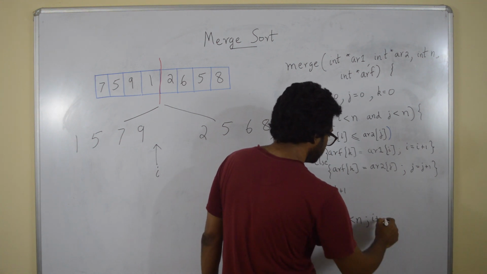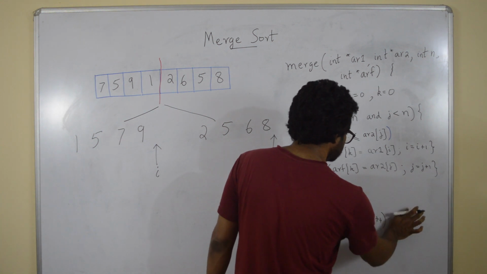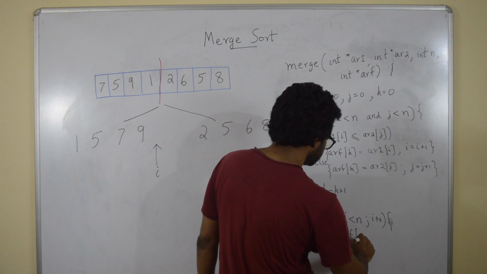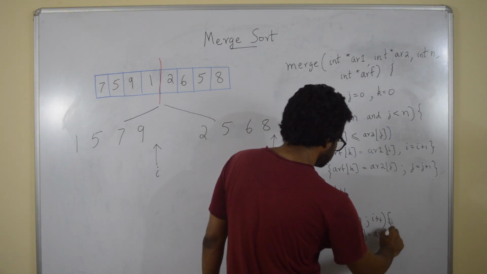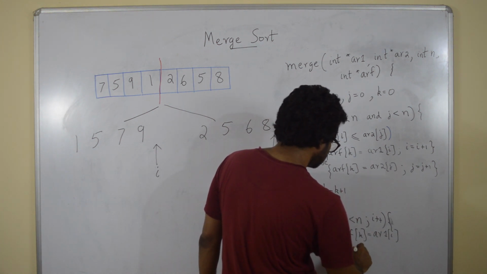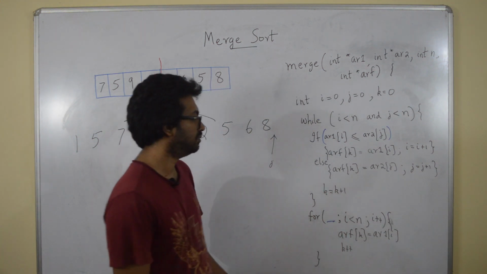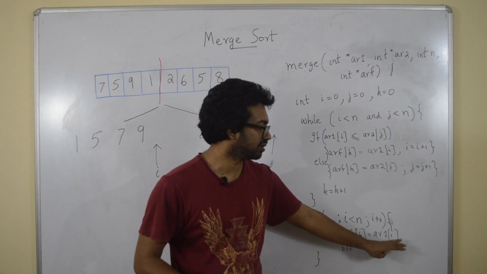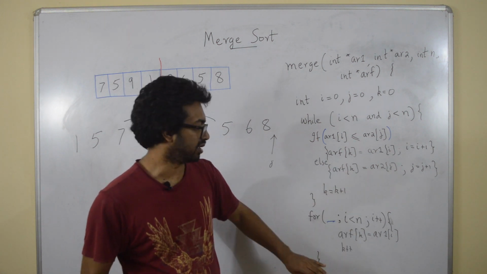Okay, let's not complicate it. So I'm going to write AR. Okay, so I just copy all the remaining things in the first array into the final array, and then you